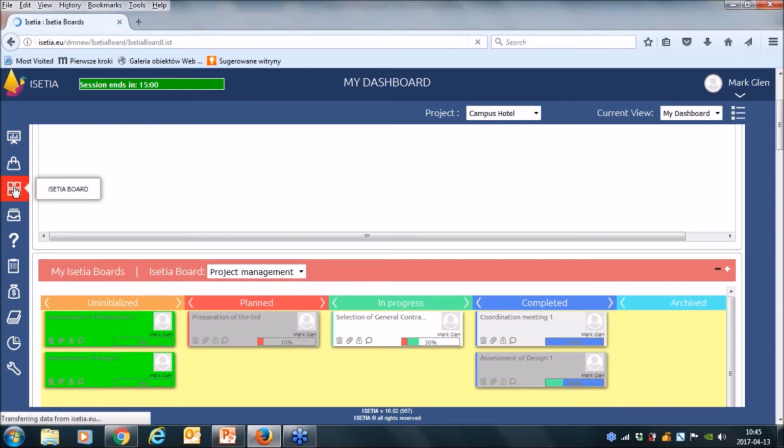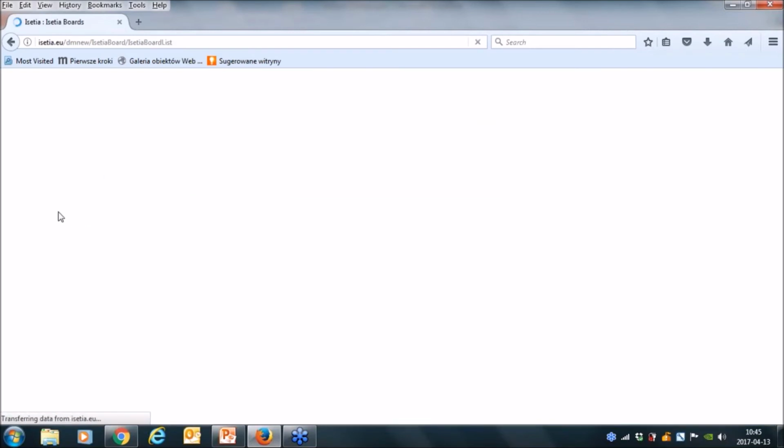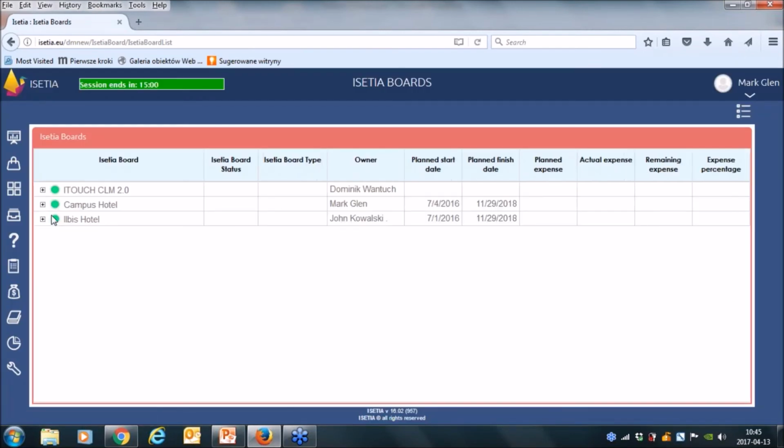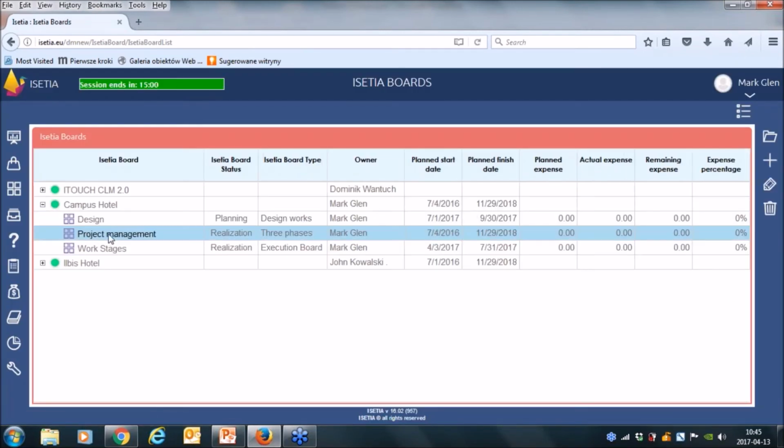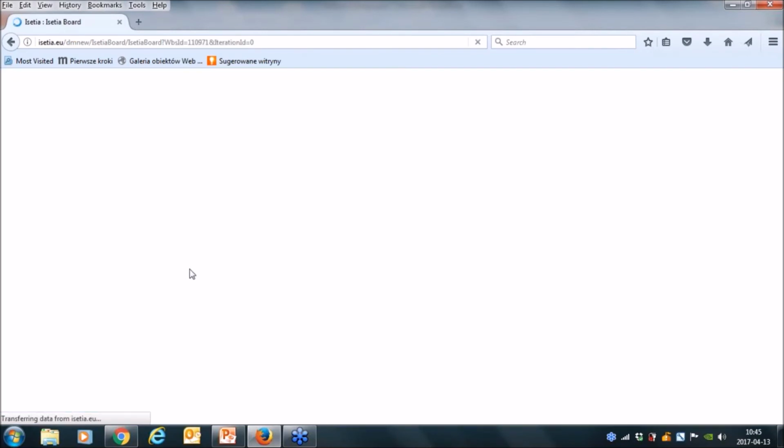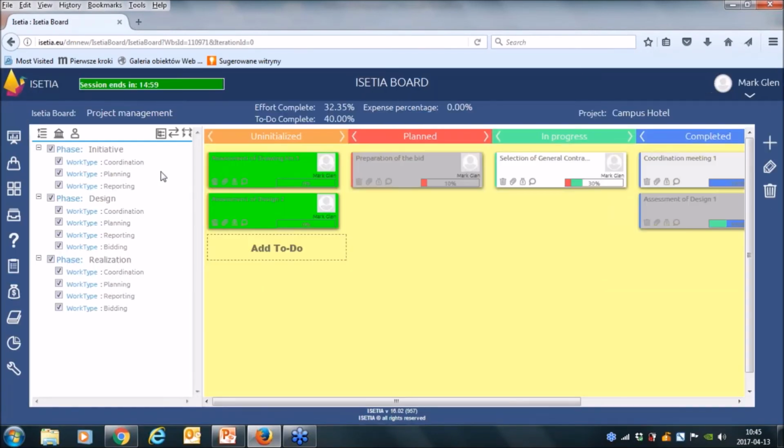In ISETIA board, which is accessible to me, I can show you this one. This is the project management ISETIA board. As you remember, for design, my phases was based on branches, but now the process is different. The idea, of course, is the same.